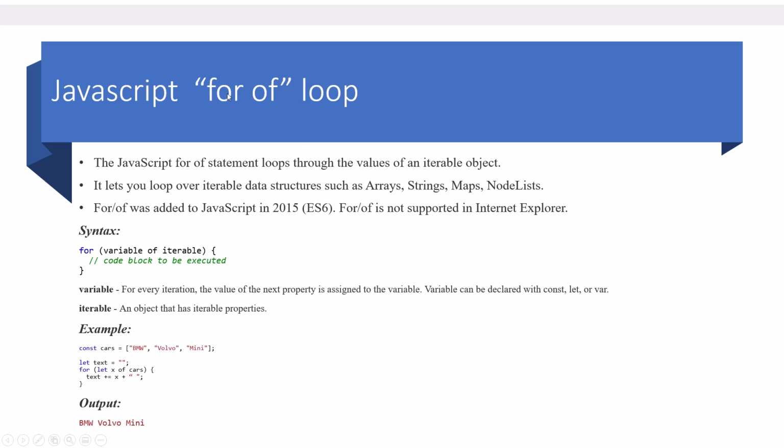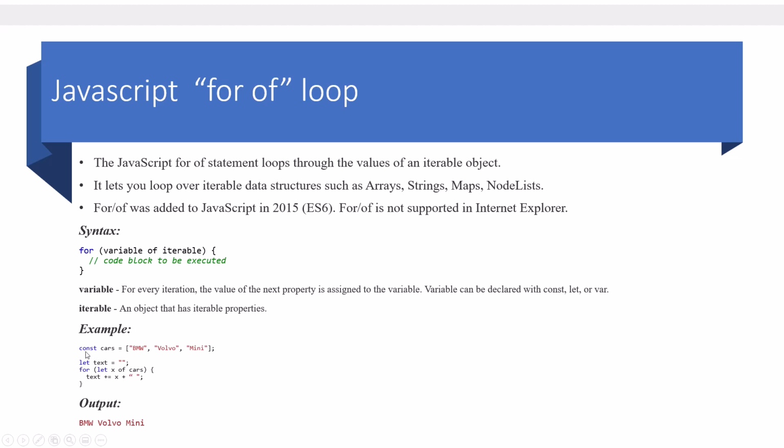So this is the syntax of the for of loop: for variable of iterable. Previously, with the for in loop, we used objects. Here we are using variable of iterable, and when this condition is true, the code will get executed from this code block. Here, for every iteration, the value of the next property is assigned to the variable, and the variable can be declared with const, let, or var. And the iterable means an object that has iterable properties, such as